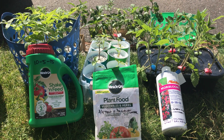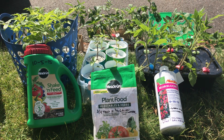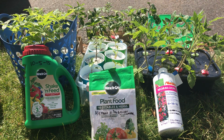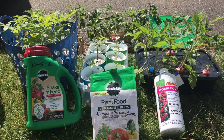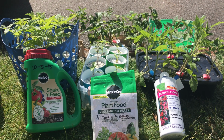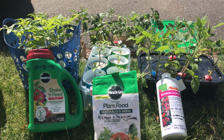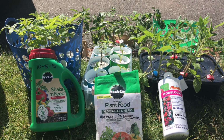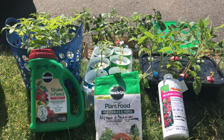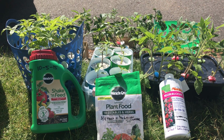So today I wanted to talk a little bit about fertilizing your vegetable garden. Most of the vegetables you grow will need some fertilizer along the way to help them along. Now, most of my potted or garden type vegetables are grown in potting soil or a potting mix, which already has quite a bit of nutrients in there. Since I use the Miracle Grow potting mix, there's a lot of stuff already added in there, so it's pretty